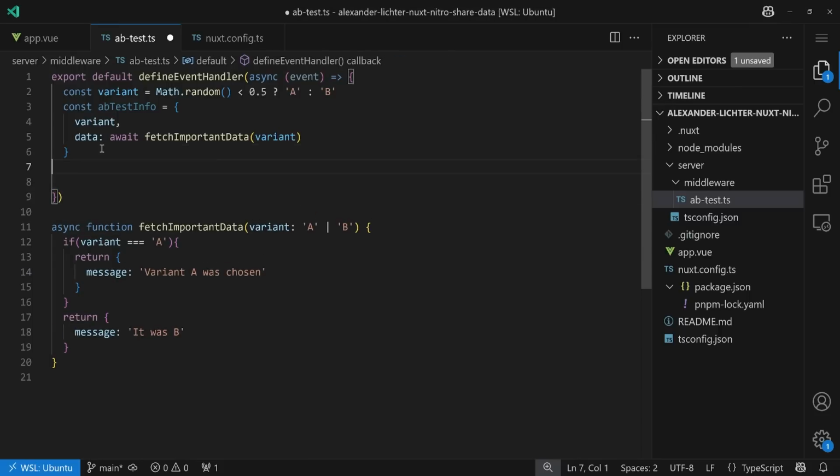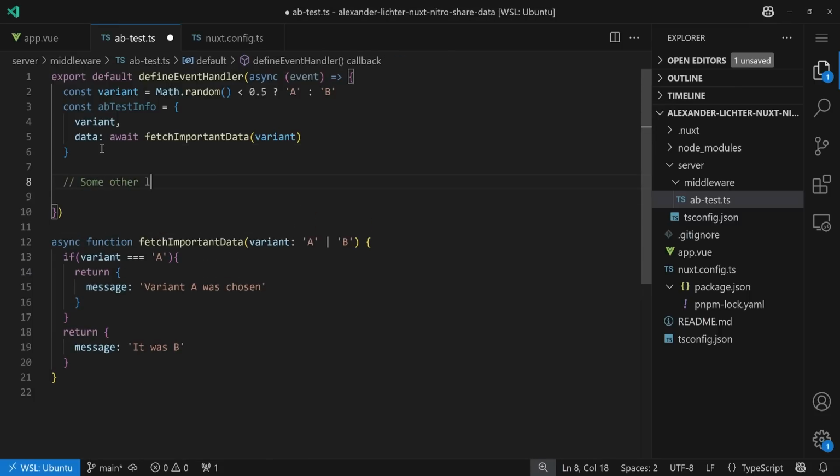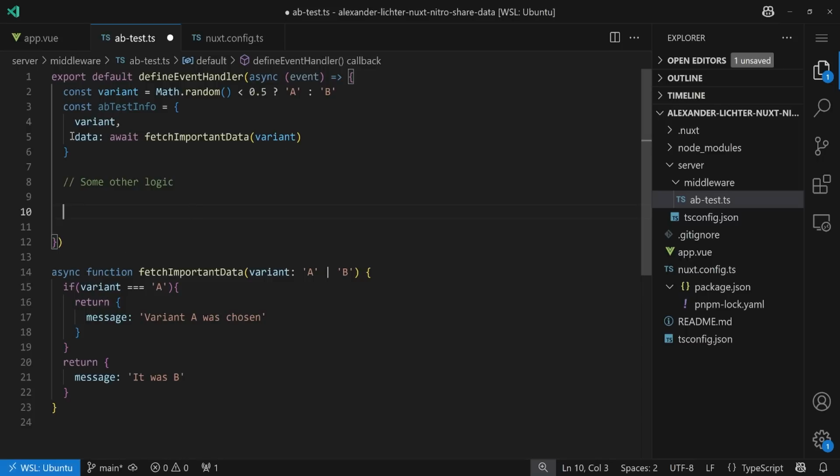To do so, let's just imagine we'd have some other logic here. You might want to redirect, abort, whatsoever. The most powerful thing we can do is attaching this A/B test info object with all the information we need to the event context. So we do event.context.A/B test info is A/B test info. Great. So this is already